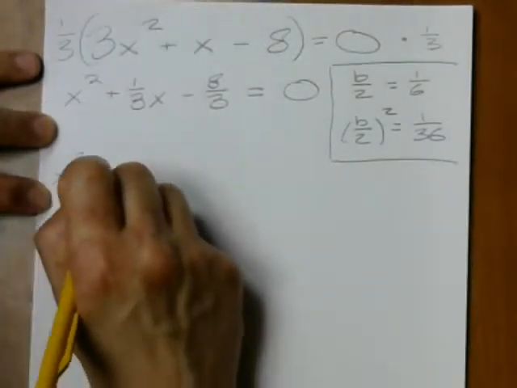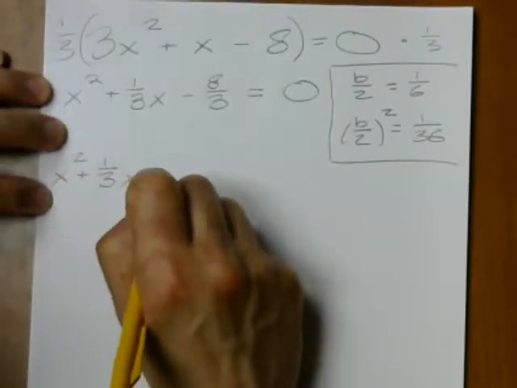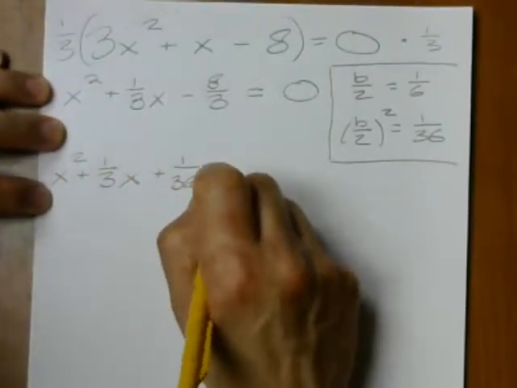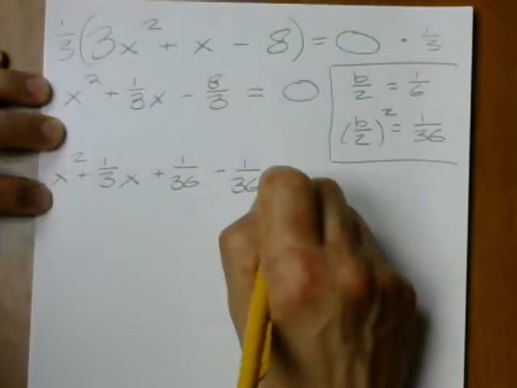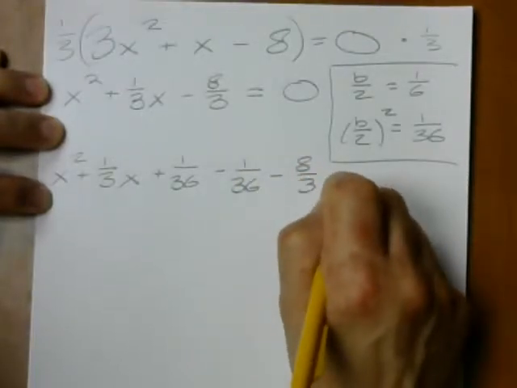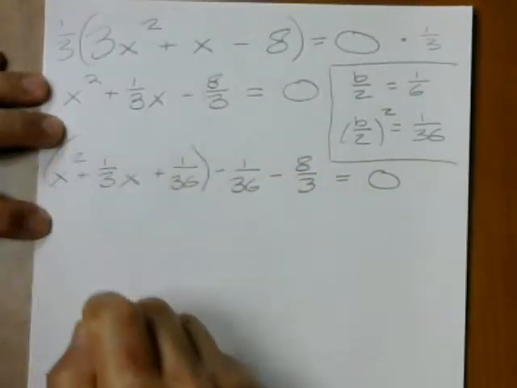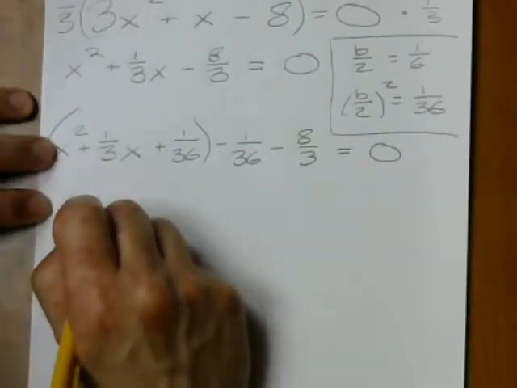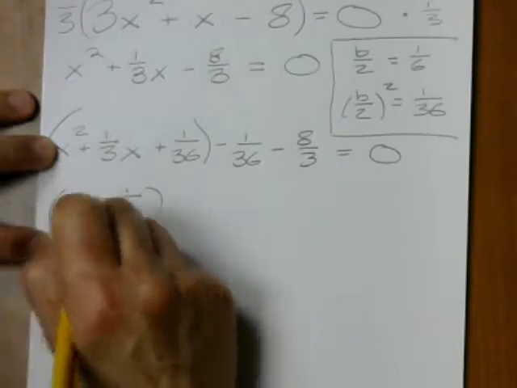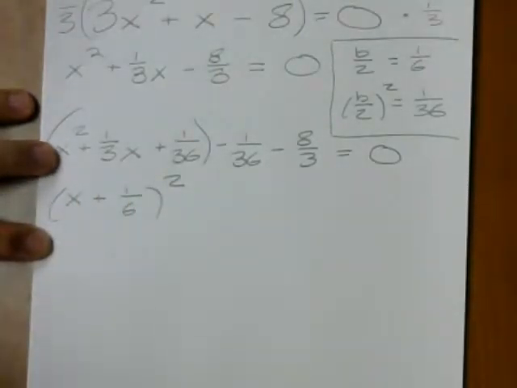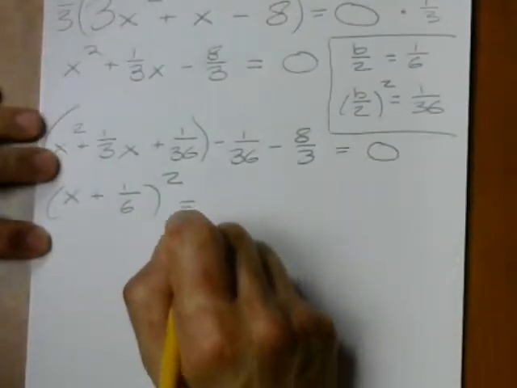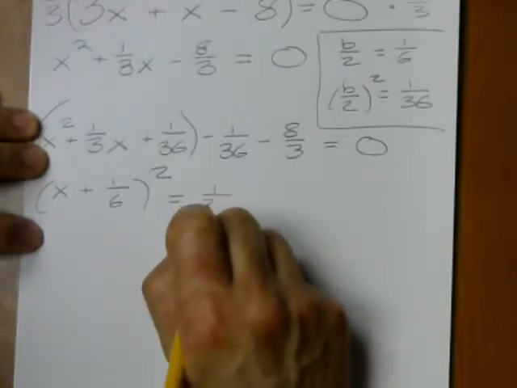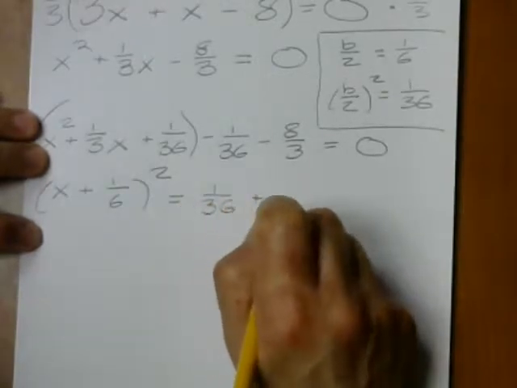So, what am I going to get? Well, I add 1/36 and subtract 1/36. And then when I group these three terms, I always get x plus b over 2 squared. So that's x plus 1/6 squared. Now over here, let me move everything over to the right. I get 1 over 36 plus